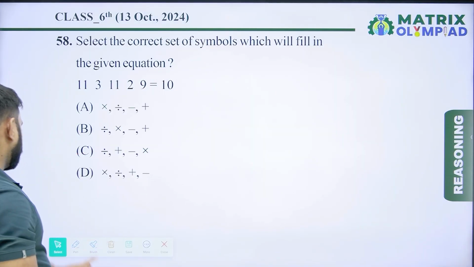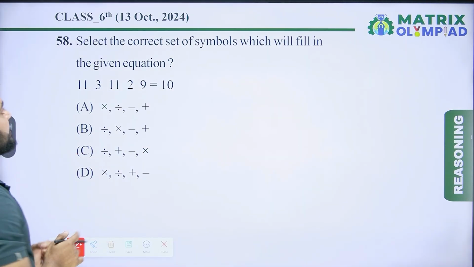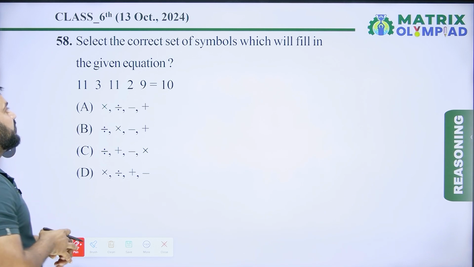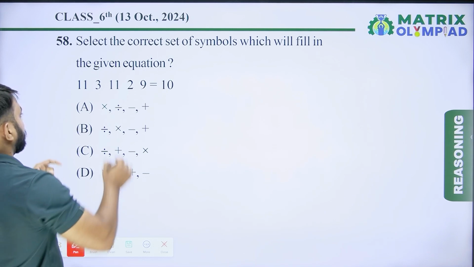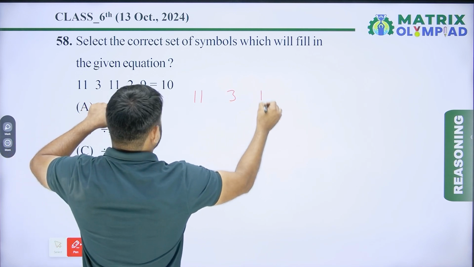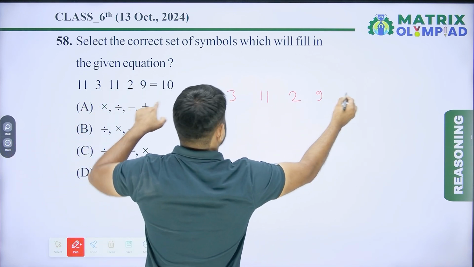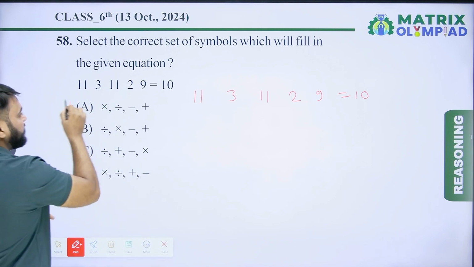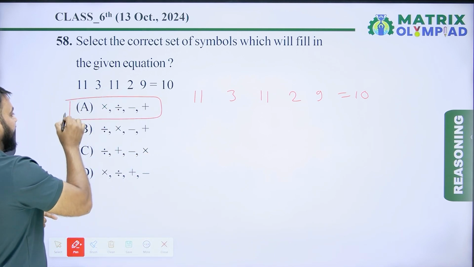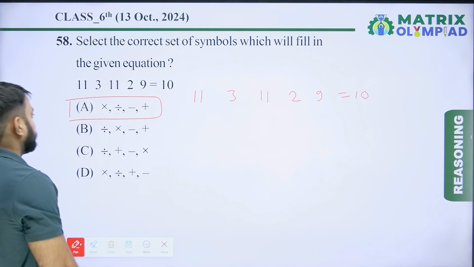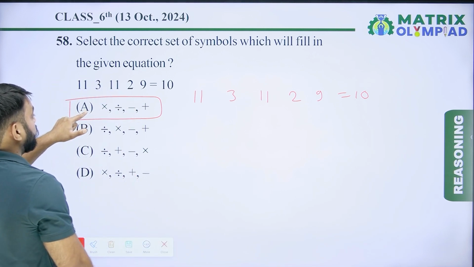So now next question, question number 58. Select the correct set of symbol which will fill in the given equation. So equation is 11, 3, 11, 2, 9 is equals to 10. In this type of questions, options are taken one by one and check which one will follow correctly. So first taking option A. So now according to option A,